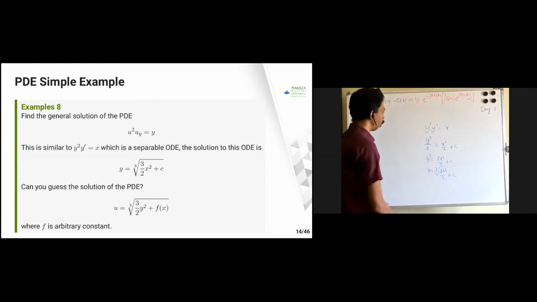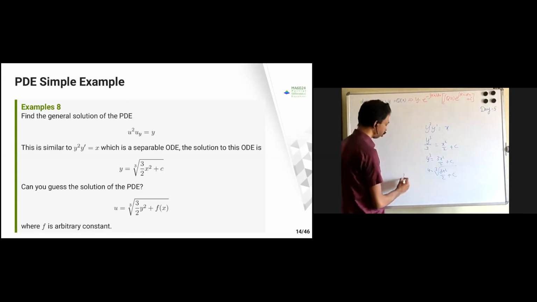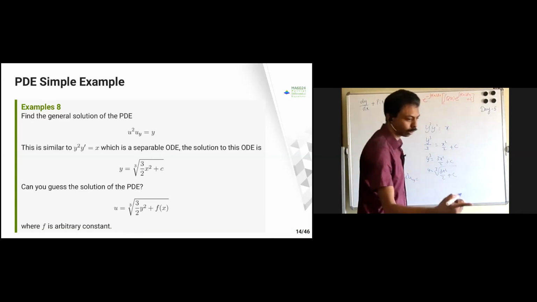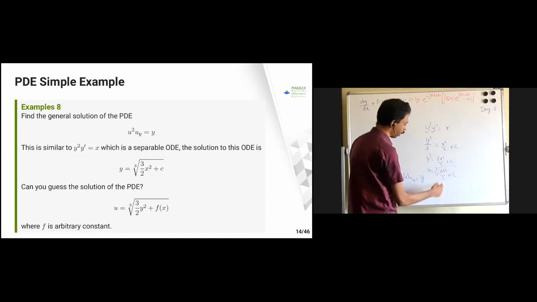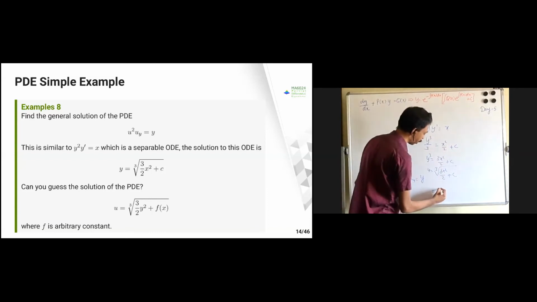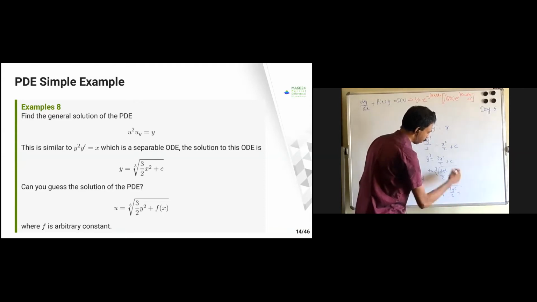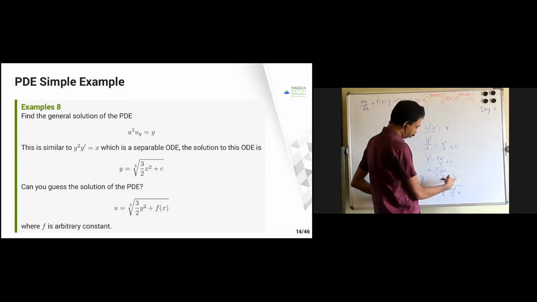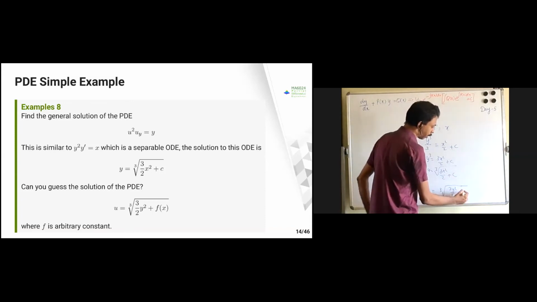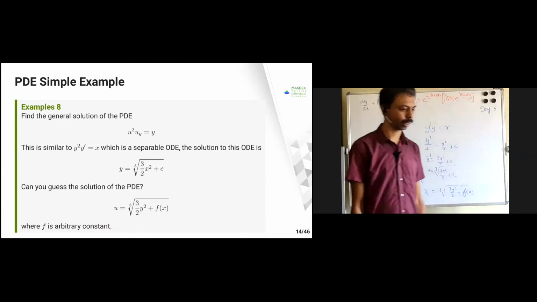Now, if I just change these two, what I have written is my equation u square u_y equal to y. So that means wherever I have x, I got it replaced by y here, and wherever I have y, I got it replaced by x. So the cube root of 3y square by 2 plus c I got replaced, so this is going to become u. Now I am integrating with respect to y. Therefore c is going to become some function of x. That's all.